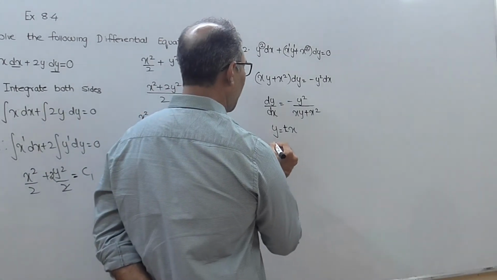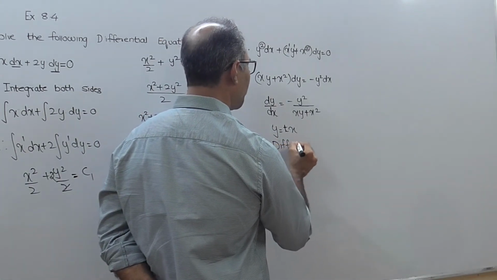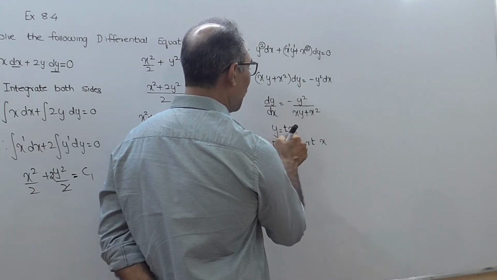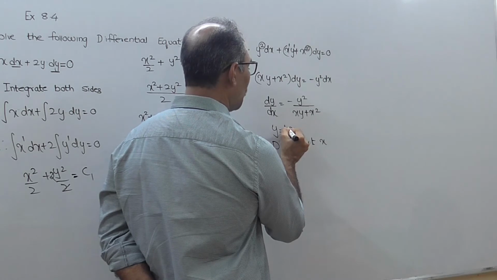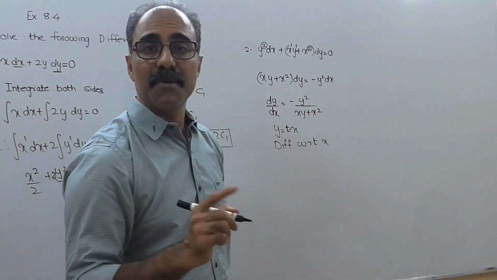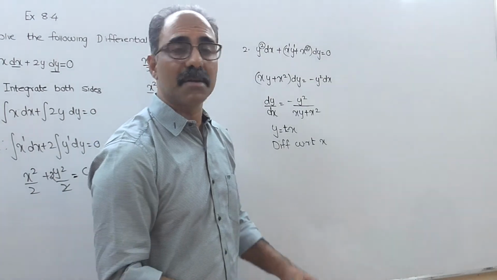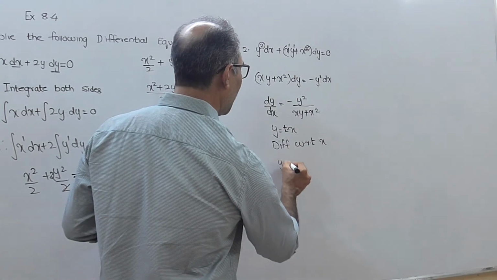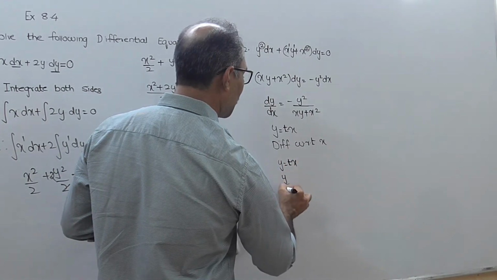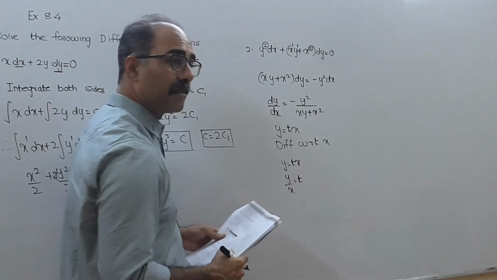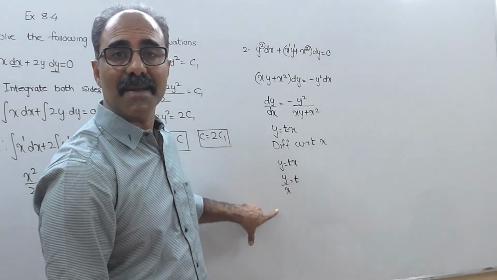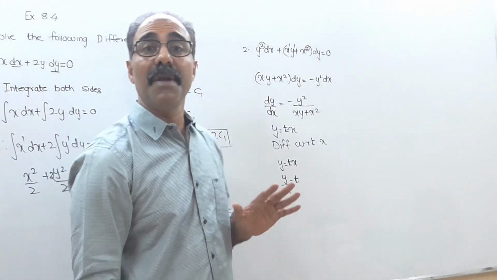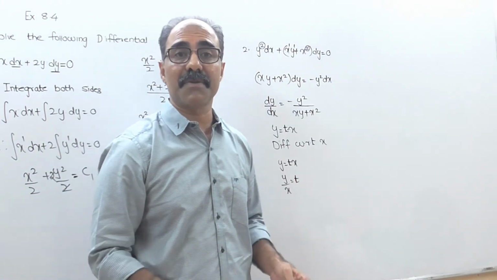So once you have taken y equal to tx, you have to differentiate with respect to x. So y equal to tx means it is a product of t and x. So these are two different functions. Now you must be wondering, sir, t can be a constant, how will t not be a constant? Look, y equal to tx, and if I take x to the denominator, can I say this is equal to t? Is y a constant? No. Is x a constant? No. So how will your t be a constant? t will not be a constant. So t will also have a derivative. That is what I was trying to explain.